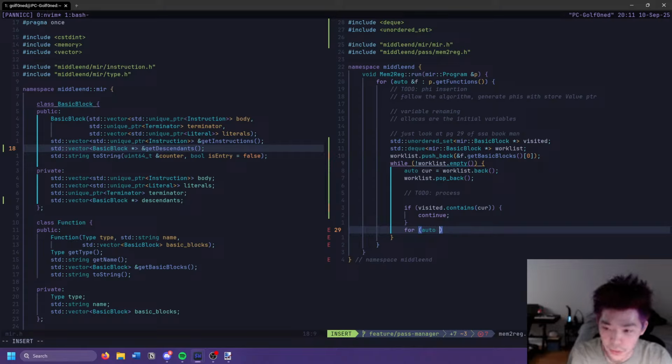So auto. Are you following a book or something? No, this is completely just me going off of the general knowledge I have, and then maybe referencing a few things here and there. Drawing heavy inspiration from whatever infrastructure LLVM has, at least. That's why this pass is called mem2reg, and why we have passes and a pass manager. Let's do one auto next in